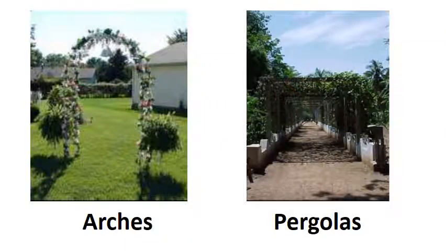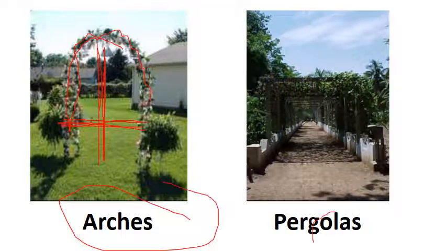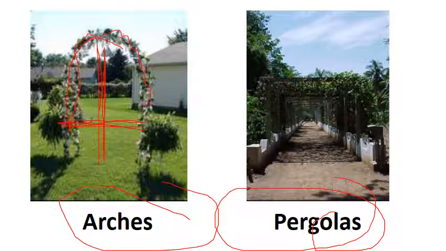Here is the picture of arches and pergolas. You can see here, this is an arch, and you can see the height is more than 2 meters and the width is at least 1 meter. It is generally seen to be more than 1 meter. And here you can see climbers are growing on this arch. Then coming to pergolas, in the case of pergolas you can see there are many arches, so that there is shade. So you can sit here in sunshine hours.